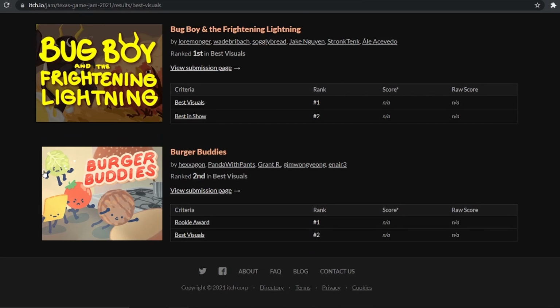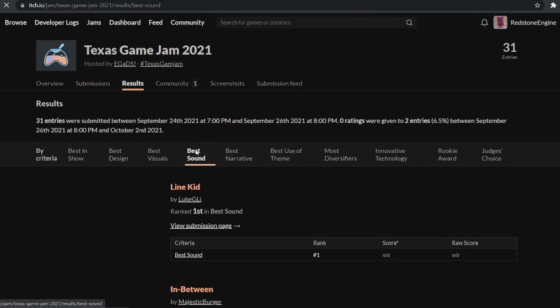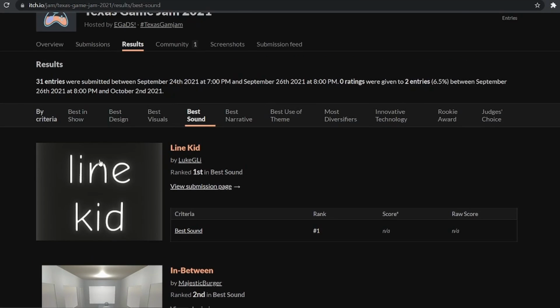Burger Buddies, that was a very cool game where all the burger recipe items had different mechanics to them. Like I think the lettuce had a double jump, the tomato could shoot, and the cheese had a double jump. And then the burger was just the normal burger, but you're trying to all get in between the burger patties, and that was definitely a very fun game to play. Definitely popular among the people that were there.